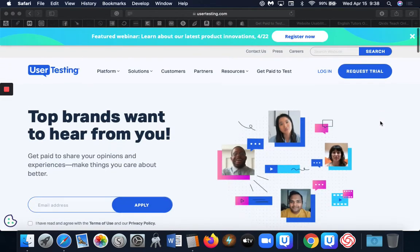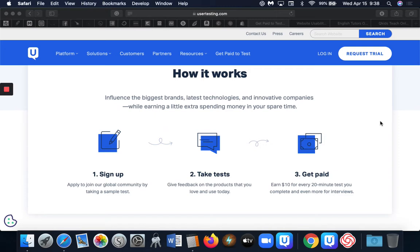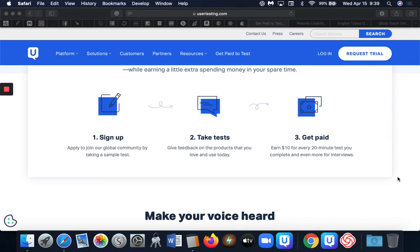So usertesting.com, quite simply, is very easy. The only thing you're required to do is, of course, sign up. Once you sign up, you will receive an email. The email will require you to download their software, which allows them to see your screen when you have it enabled and take the test so that you can have it recorded, and then you upload it and submit it to them. As you can see here, the tests on average are about 20 minutes long, and you get $10